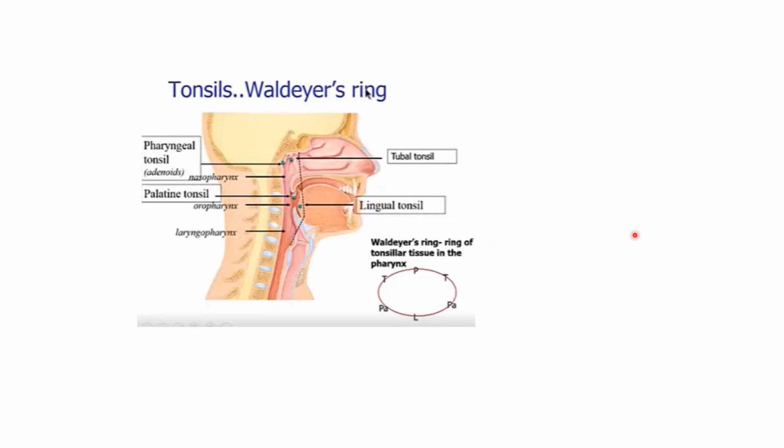Before going to the tonsil, the taste buds which were present in the tongue can also be seen in the epiglottis as well as on the soft palate, on the lingual surface of the palate, and they are also present on the posterior wall of the pharynx. They are fewer in number but are present in these different locations, like the soft palate, pharynx, and epiglottis.